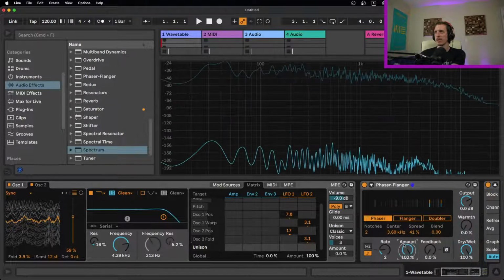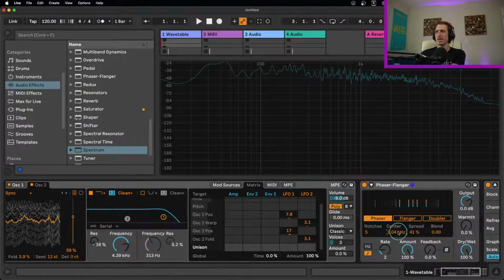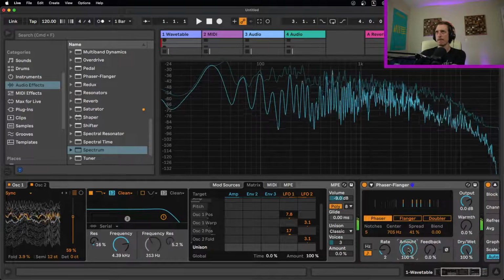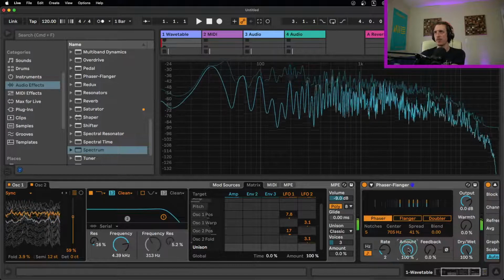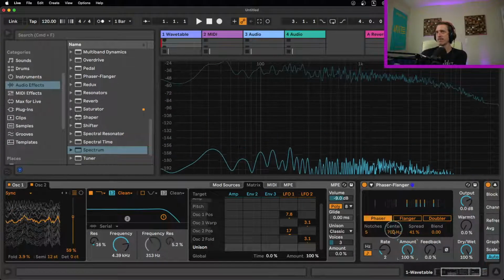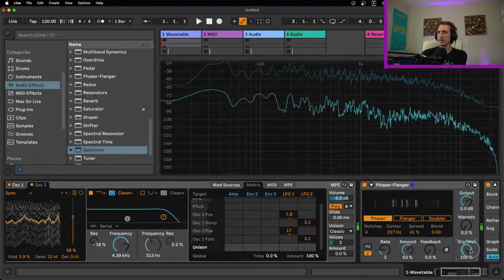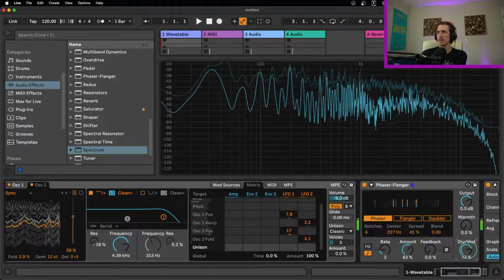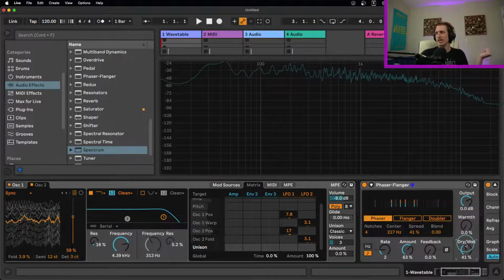And then we turn the LFO on, and now they're moving up and down. So we could have, let's do like 5 notches right here that are moving up and down based off of the rate that's set here and the amount that's set here. And you can really hear it moving up and down that way. That's a lot of phasing that we're doing there. We could make this a bit more subtle by either having fewer notches, less of the amount on the LFO, or less on the dry/wet here. If you dial it back a little bit, you get, again, subtlety is really key in this kind of sound design. Little tiny bits of motion in there make a big difference,